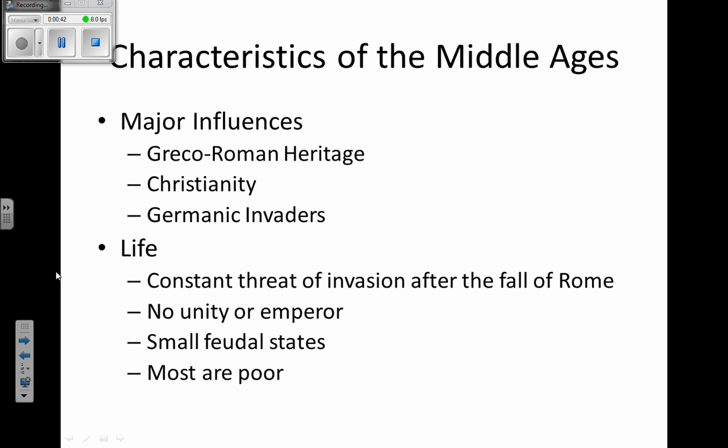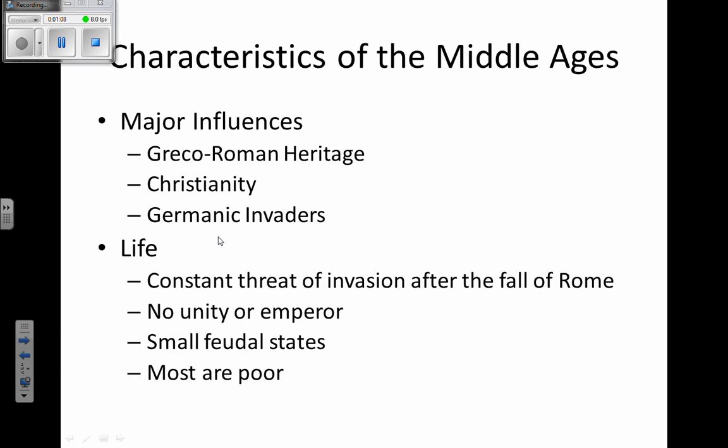So starting off with some characteristics of the Middle Ages. There were three major influences on Middle Age society here. First, you have the influence and the heritage of Greco-Roman, which is Greece and Rome. Then you have Christianity, which plays a major part in the early Middle Ages. And then you have the Germanic invaders. They're the people that took down the Roman Empire in 476, and then throughout all this time, they still have